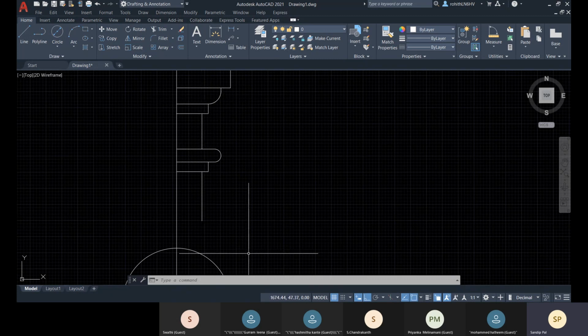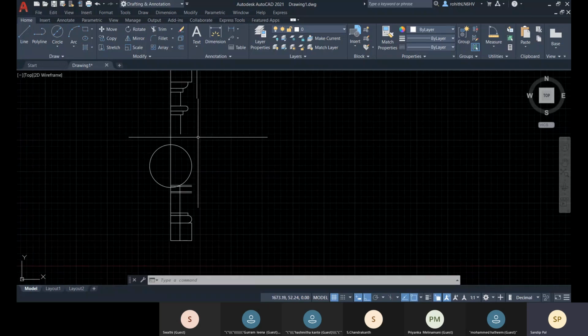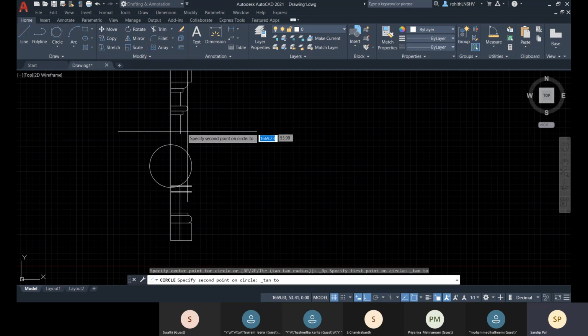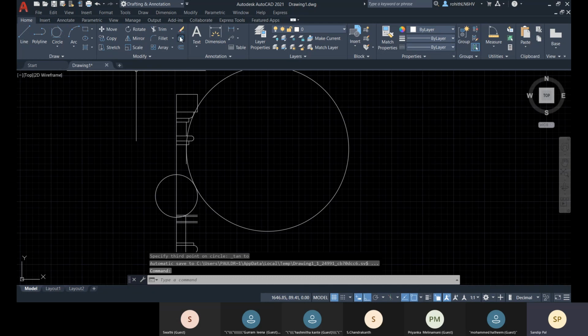If you increase the curve, then you will see that it's going tangent like this. Okay, so you just go for this first tangent object, second tangent object, and the third tangent object, and then you go for tree.